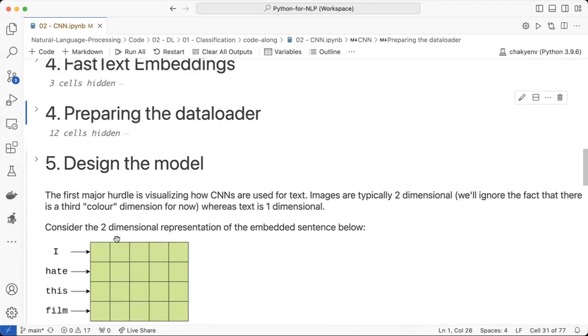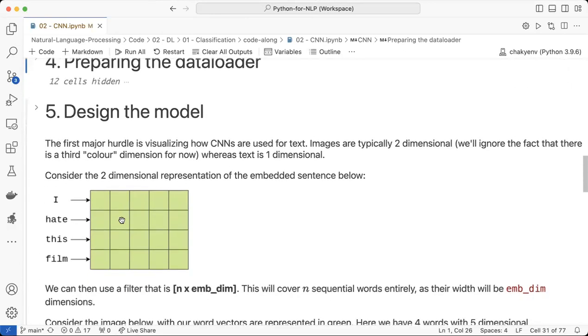So now I think we come to the highlight or the main story. That is the model, right? And this is going to explain how we're going to actually run a CNN on top of text. So imagine that